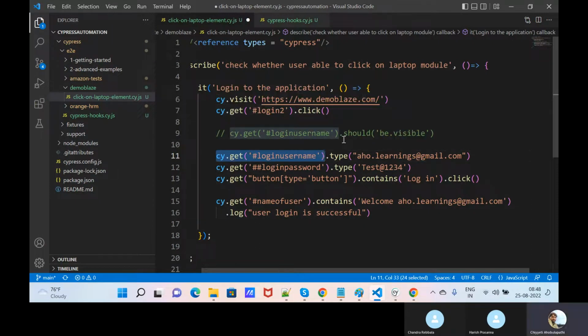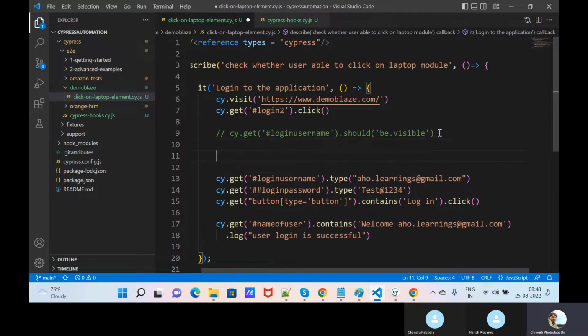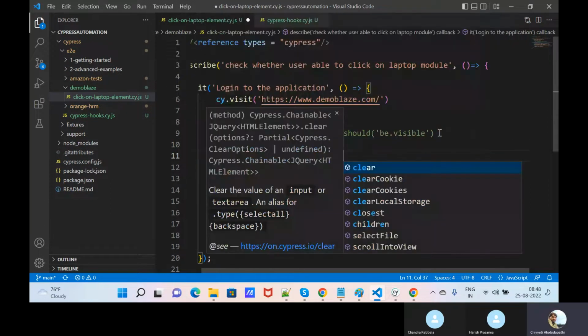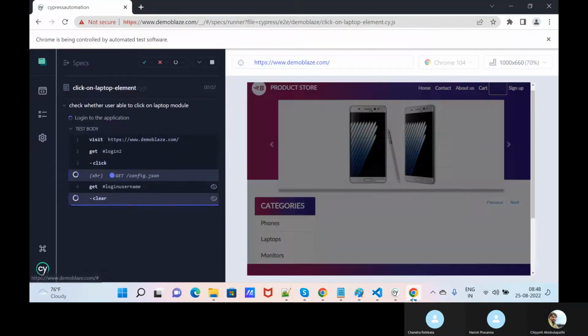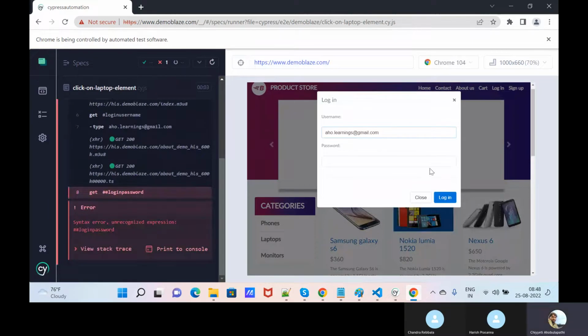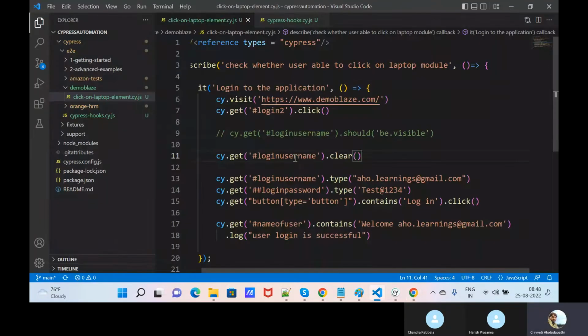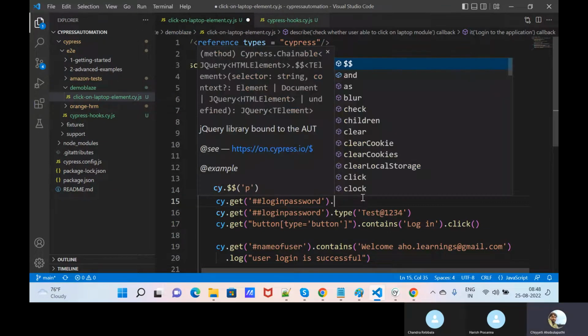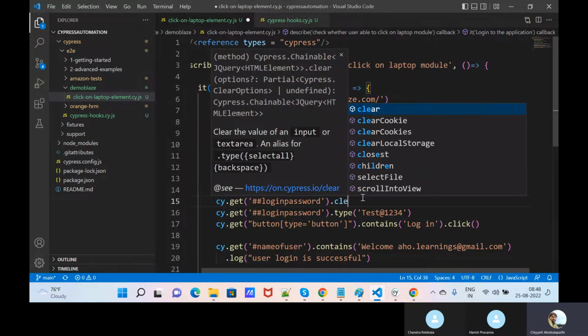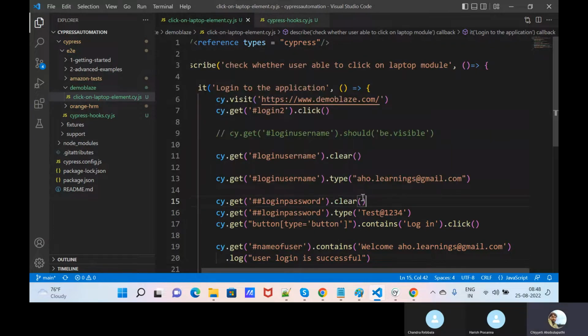We'll use dot clear first. Then we'll try control dot, clear it and enter the username. Yeah, it is. So we need to clear this field first. By default, there will be some. I'm not sure. Maybe the field is not disabled, but it is asking for clear. We need to clear it first, and then we will type